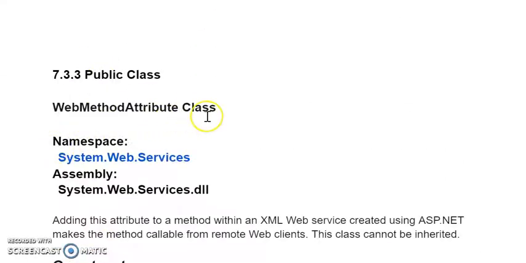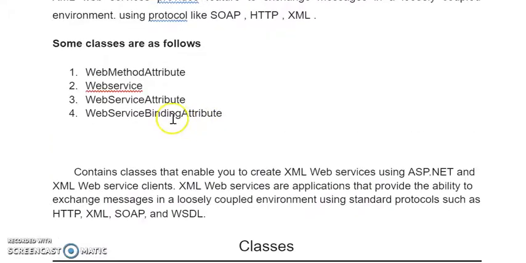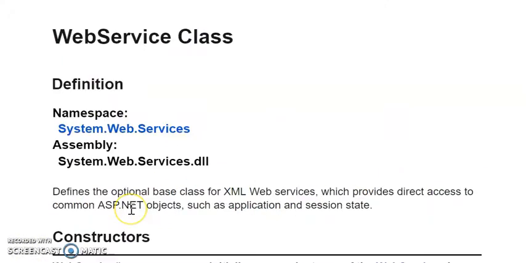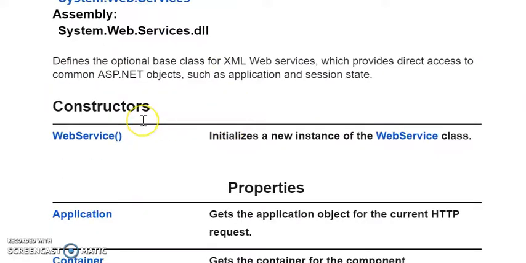Web method attribute class. Just like that, we will see the next, that is about the web service class, then the web service attribute, and the web service binding attribute. Another public class is the web service class. The namespace that we know, System.Web.Services, and its assembly, it is present in this DLL file, System.Web.Services.dll. Now what is a constructor?